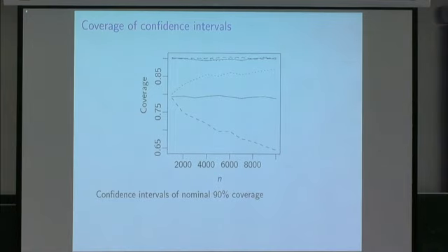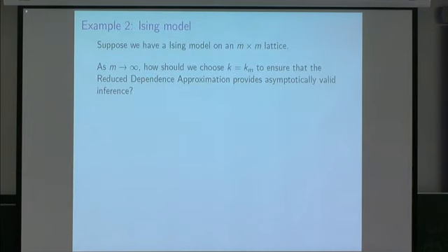And in the case where it's growing more slowly, only at rate n to the 0.2, the coverage gets worse and worse and further from its nominal value, which could be a real problem in practice if you were having confidence intervals that had coverage this far away from their nominal values. Right, so that's the first example I gave, the GLMM example.